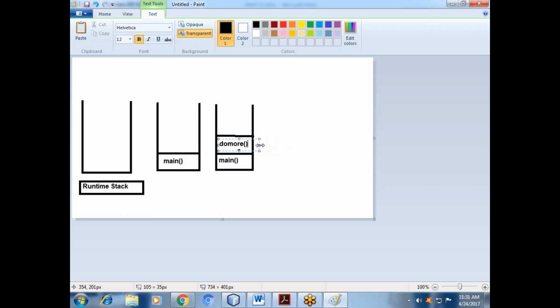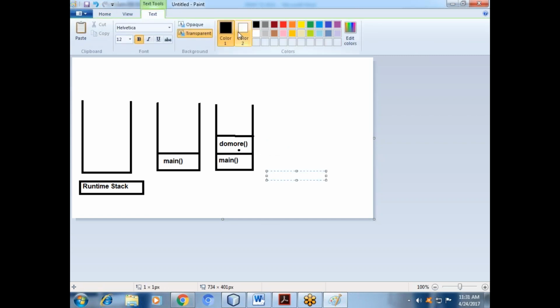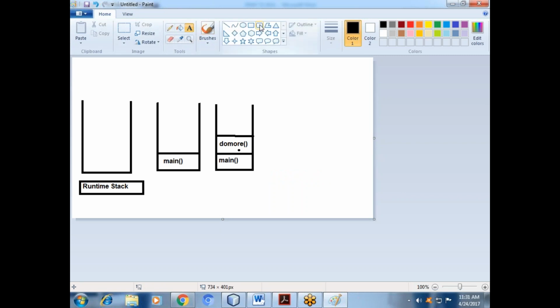Do more one. Yes, yes. So the second operation will be performed this way. Then another. They will remove this one. Then we'll go.